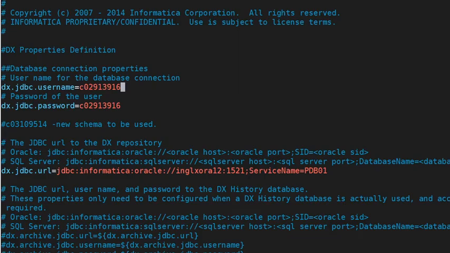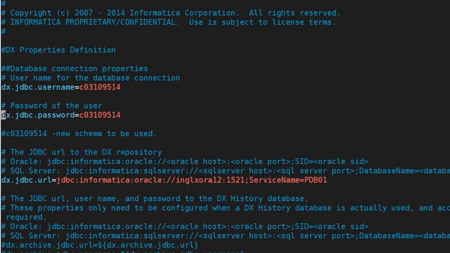Now when we open the dx configuration.properties file, we see these three properties which are related to the repository DB details. One is the dx JDBC username property, one is the dx JDBC password, and the third one is the dx JDBC URL property. The username and password are basically details which will help us to connect to the schema of our choice in which the dx repository schema exists. The dx JDBC URL is used to connect to this particular repository instance using JDBC. If you wish to add any parameters to the JDBC connection, you may do so using this dx.jdbc.url property.